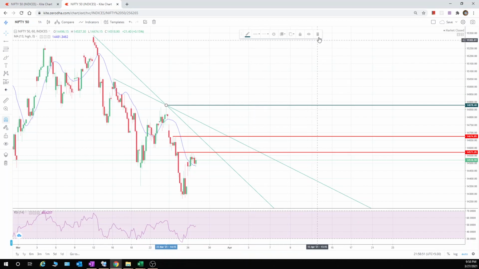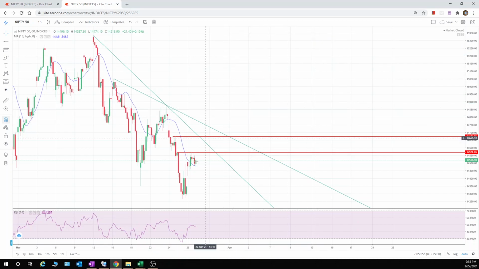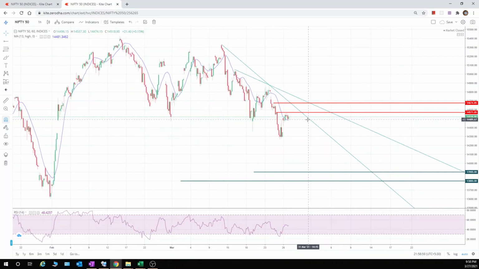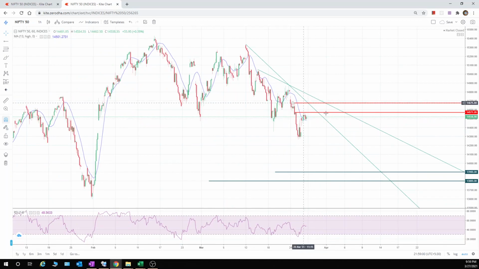Okay, so this is one thing. Your respective stop loss, whatever stop loss you are going to give, according to your risk appetite, give the stop loss properly, and you can short the market over this region. Okay, but it will be the 13 days moving average high only, I am telling.